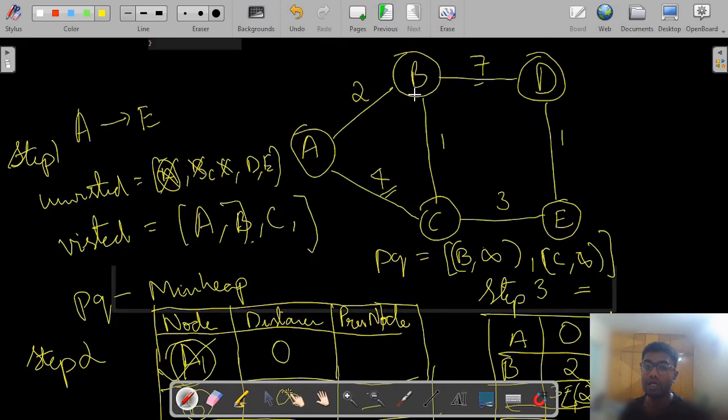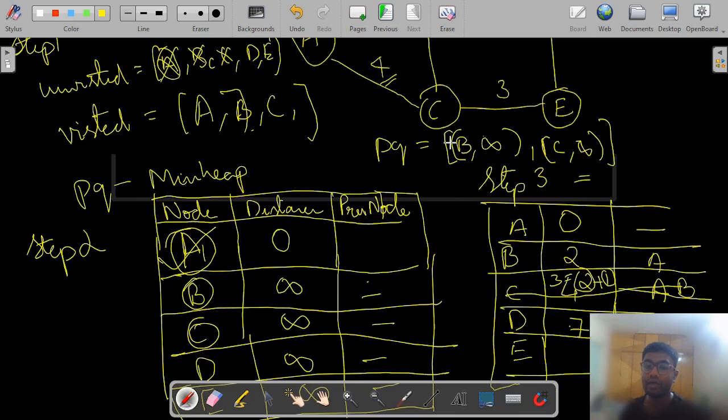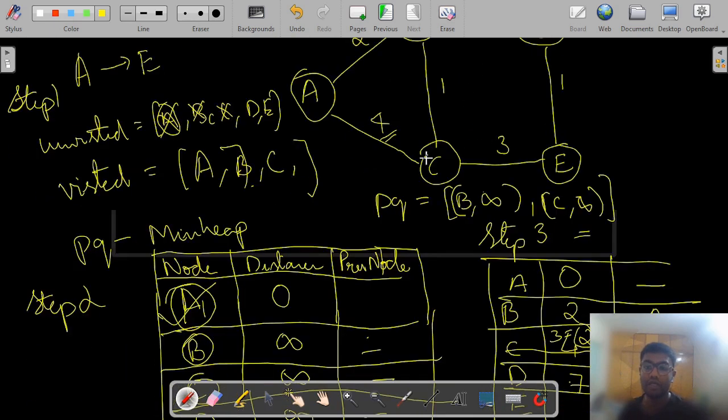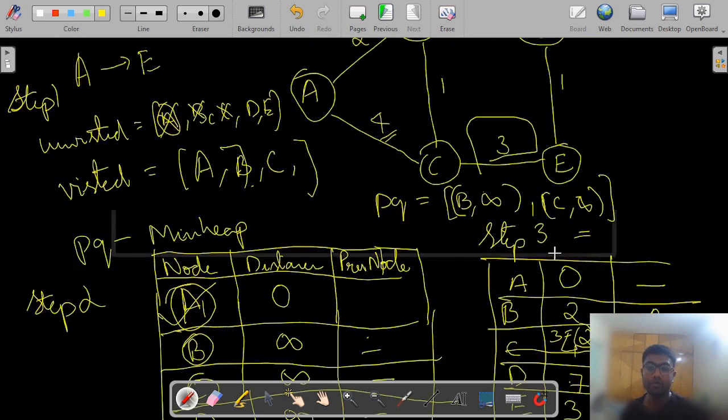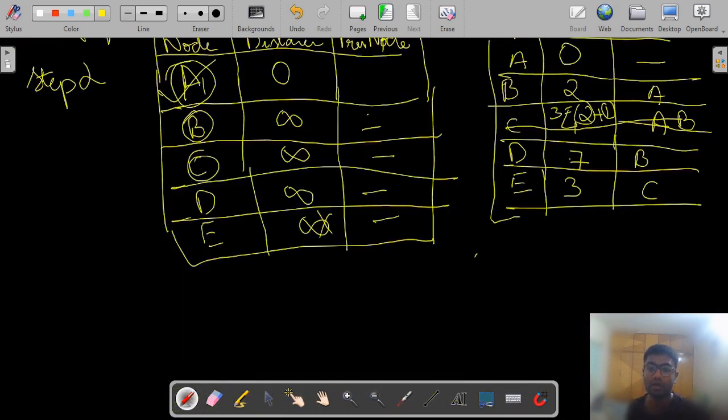So we leave C to D as an unchanging value, while we explore this new unvisited node, which is E, and we mark this as the distance 3 from the previous value infinity. So now we would also be having these set of values in the queue, and we would be having to explore more on the elements D, which has a value 7, and E, which has a value